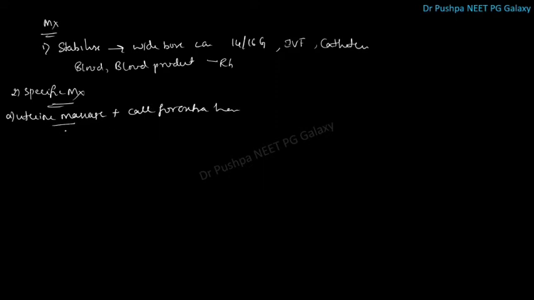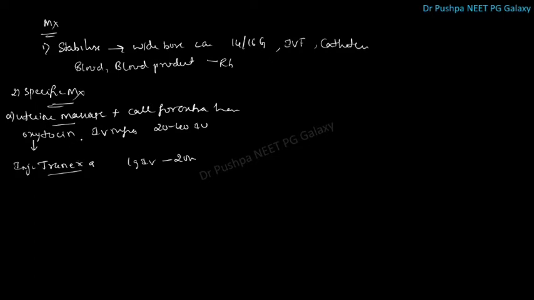After doing uterine massage, we will give uterotonics, that is we will give oxytocin. Oxytocin IV infusion we will give around 20 to 40 international units. And if the patient is not responding to oxytocin, then we should give injection Tranexa, 1 gram IV over 20 minutes. This is an anti-fibrinolytic. This Tranexa is tranexamic acid.